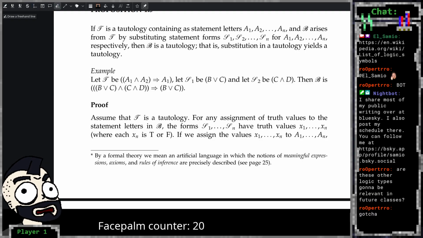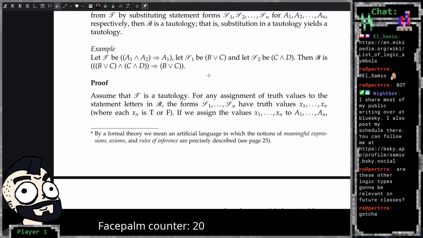Maybe an example might be more intuitive. For example, A or not A, to be or not to be. This is always going to be true. It doesn't matter what A is. For example, we can substitute